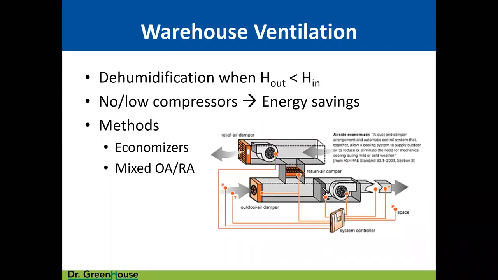For a warehouse type of situation, we can also ventilate. And I know a lot of indoor growers are concerned about ventilation for a few reasons. One is they're afraid of introducing bad things into their environment, whether it's pests or pesticides or pollen or something else from another farm. They're concerned about leaking out carbon dioxide. And if you're in cannabis, you might be concerned about odor control. But you can ventilate, especially if the outside climate is good to do so.